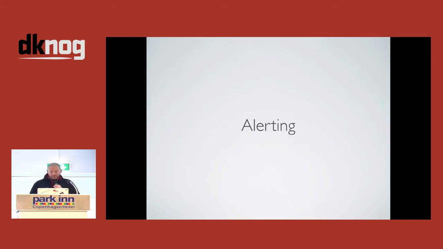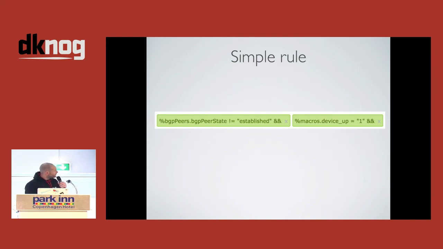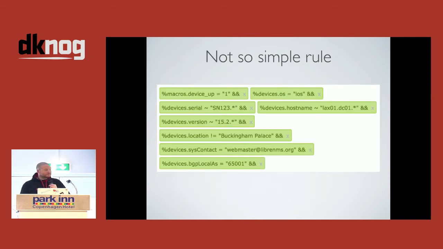So a simple alert rule, just about see that, I think. It's probably not the best choice of colors, but that's what's in the web interface now. So that's one. It should basically come back and tell you any device which has got any BGP sessions down. So it's pretty simple to start with. You can go on and be more complicated. This is a completely made up one where the device is up, the OS is iOS, serial number matches X and versions and things like that. But you can go in and be that fine-grained about what alerts you want to see.